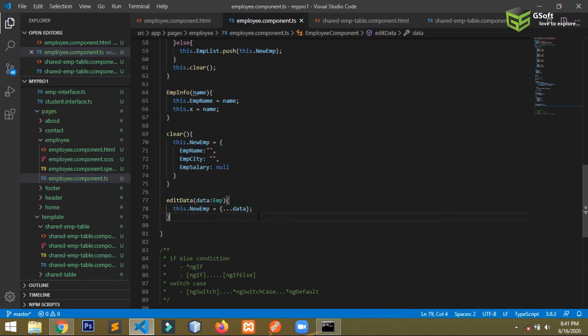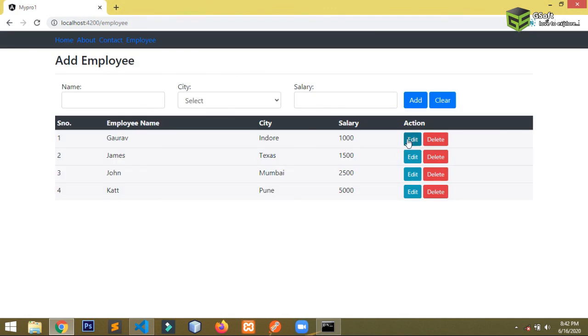So in Angular 8 we use interpolation and dot dot dot to unbind the value from that particular. So let me show you. If I click on edit, now the data will not be updated here, you can see here, and after updation only it will be updated. So you can see here the data has been updated.